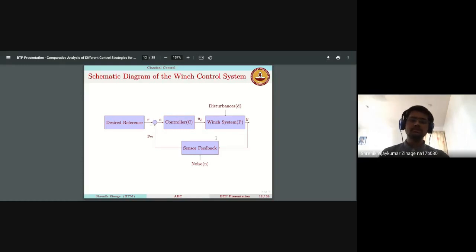In most real life applications, this noise is generally rejected through various filters like the Kalman filter. However, what I want to see here is whether this controller is actually able to reject that noise without using any Kalman filter or any such things. So I want to check which controller is able to reject disturbance better. Okay.